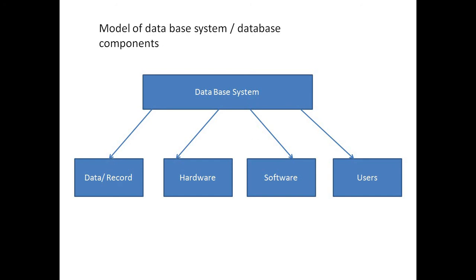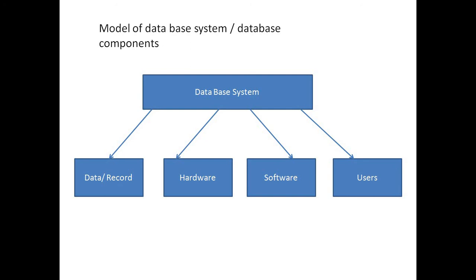Last but not the least, the most important part of a database component is the users. And users are available in various categories. Users belong to the category who access data, users belong to the category who enter data or who store data, and users also belong to the category called database designers who design databases. So in total, there are 5 types of users, called database administrators, who also are known as DBAs. We have system analysts, we have end users. So all these are the categories of users.